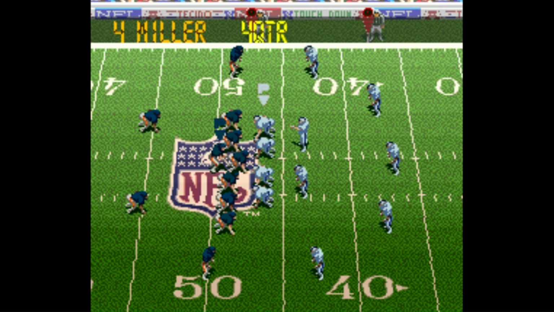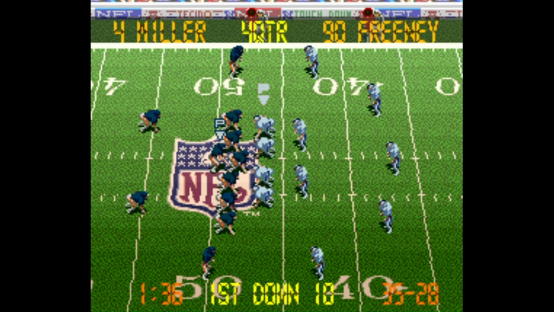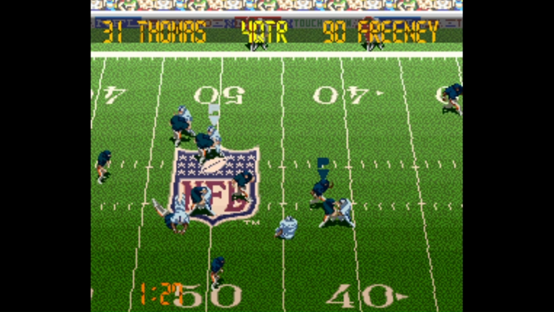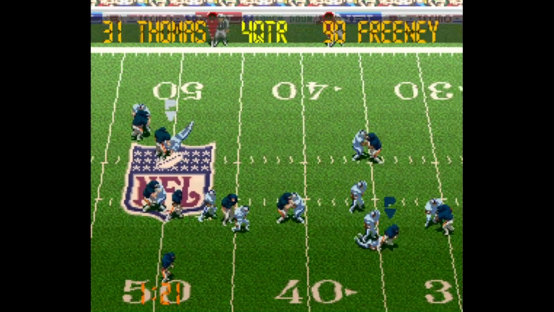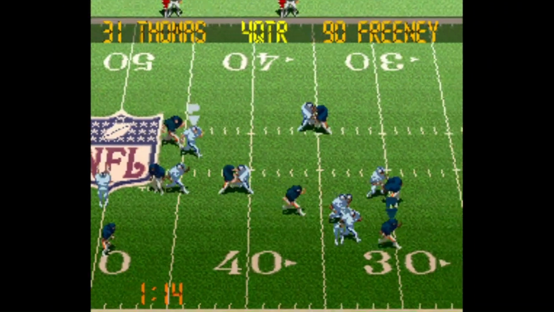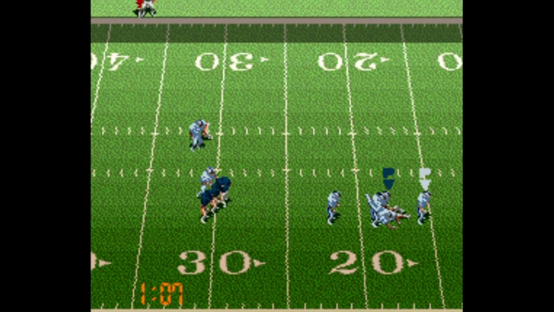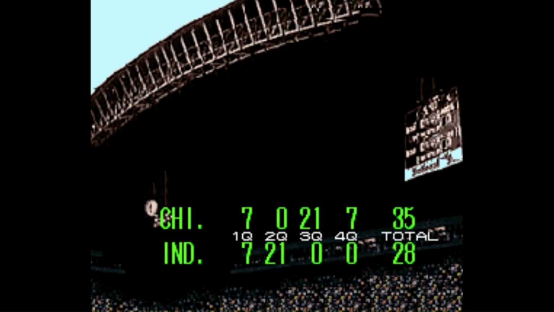They've traveled just past midfield. The Colts absolutely need a stop here. Anthony Thomas is going to take the draw play, has some space, has the first down. He's going to drag and break a couple of tackles, pick up a lot more. The Colts finally get him down, but the Bears are able to run out the clock, creating a captivating comeback, a 28-0 difference in the second half to win this game 35-28.